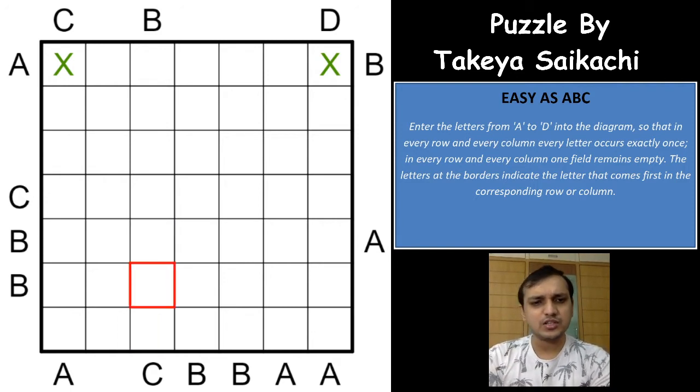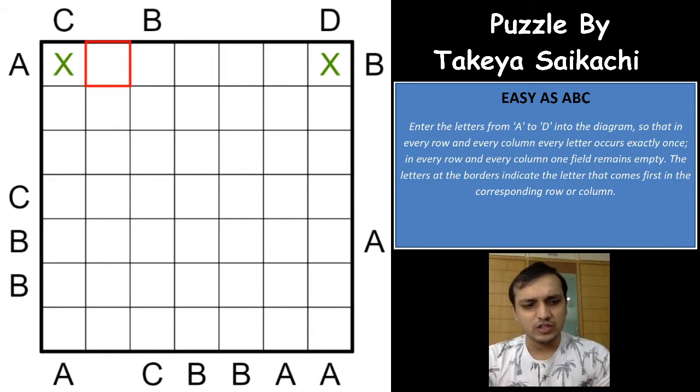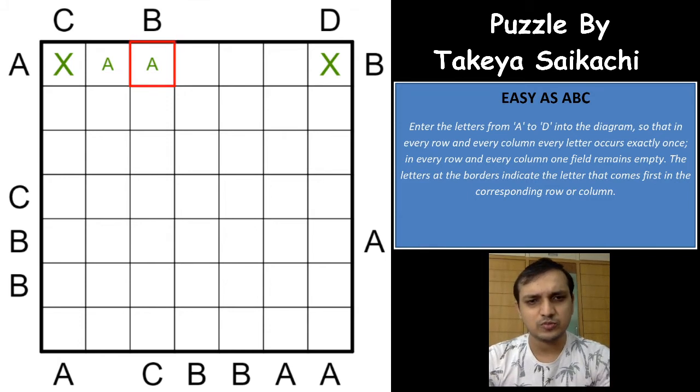So the second important thing is you just have to look out for the maximum cell from that direction where you can place the alphabet, not ahead of it, because then you will not be able to place the minimum required number of alphabets, right? So if you see the A here, I cannot place an A here because then I'll have only three spaces left including the A, which means A has to be placed in one of these two cells, but this cell cannot be an A because the first alphabet seen from this direction has to be B, which means that this has to be A, right? So we are done with the A.